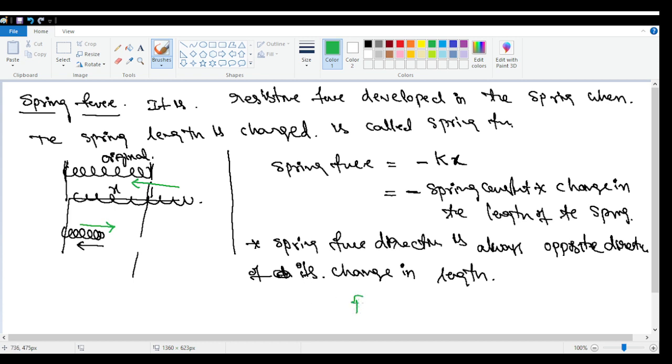Yes, now F is equal to minus kx. This is very important. The spring force formula is F is equal to minus kx. Let me stop here, ma. Okay. If you are having any doubts, you can stay here. Otherwise, you can